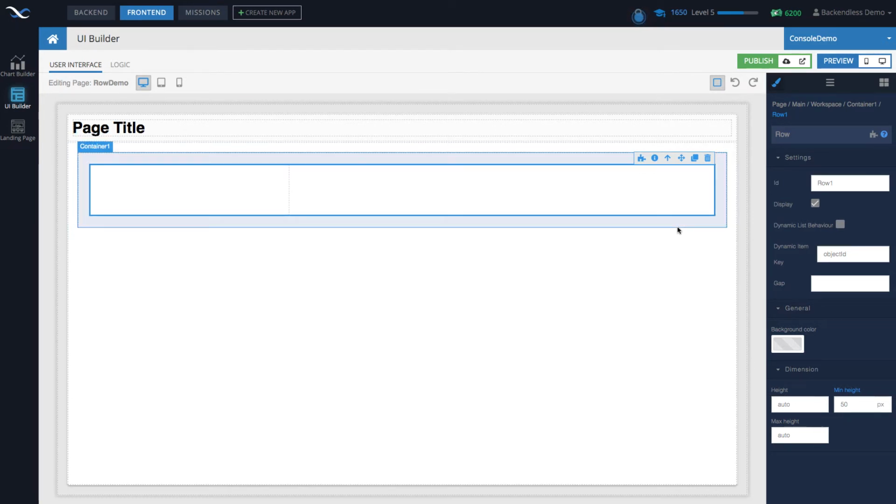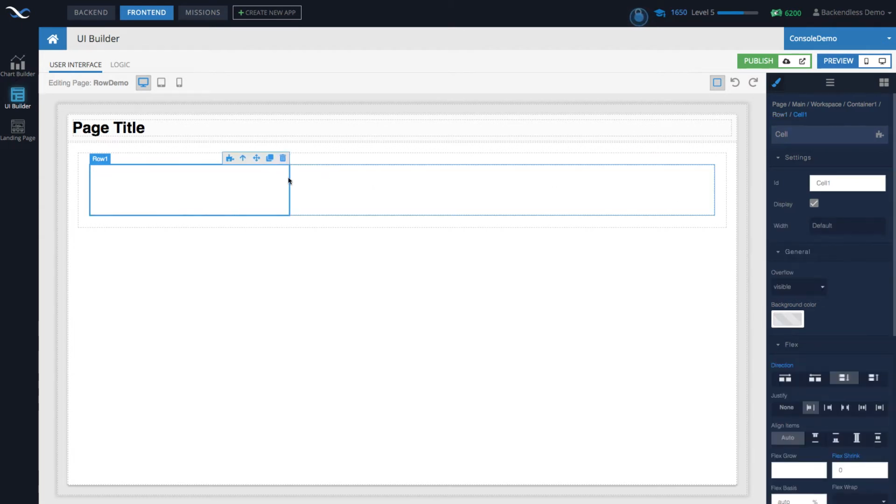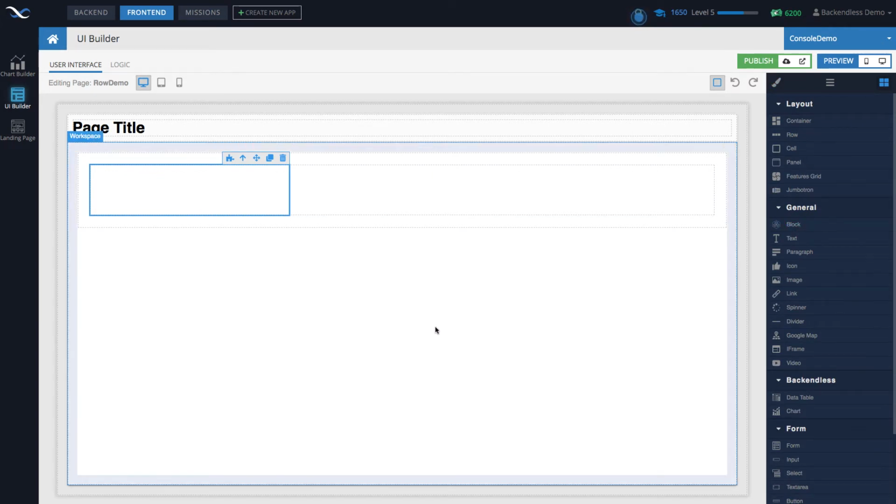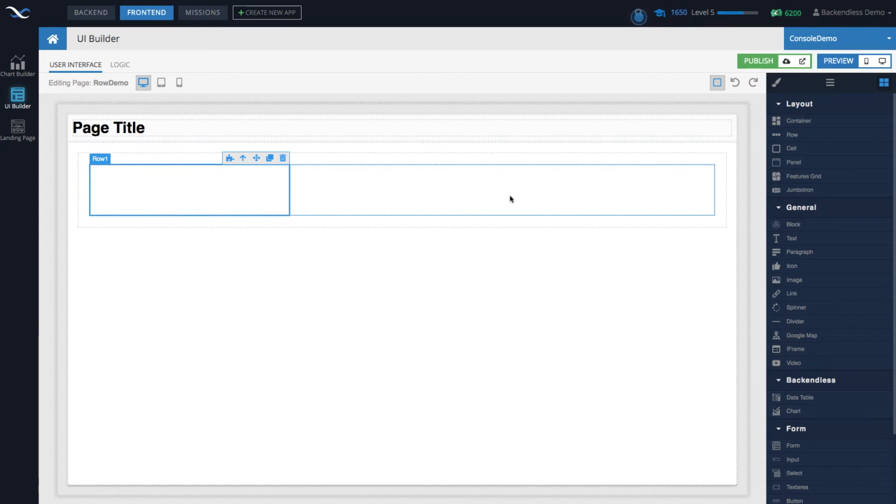From the visualization perspective, as you can see, it is rather poor because all you can do is modify the background color. However, if you need more advanced visualizations, you can expand the cell to take up the entire width. You can add a block component, which will be a separate video, to your cell, and block has a lot more ways to be customized with borders and shadows and paddings and so on. But that's going to be the subject of a separate video. Here, we just want to focus on the row component.